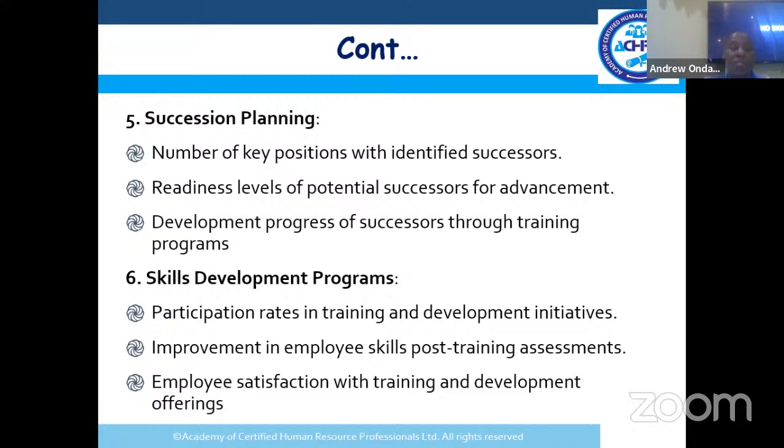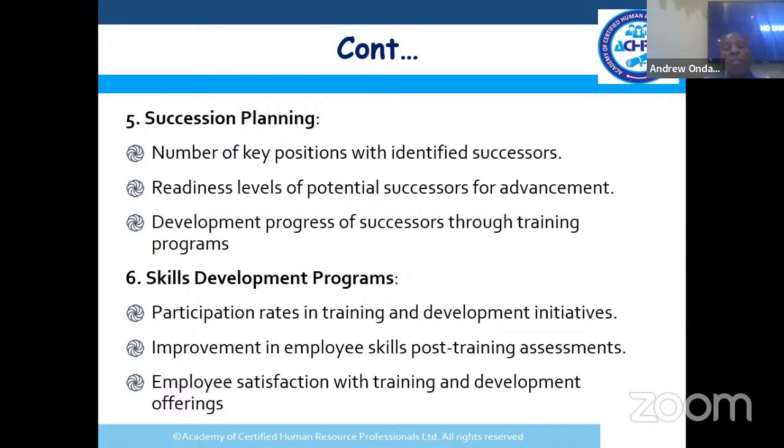On number 6, we are looking at the skills development program and looking at the number of people who have participated in these programs. 2, improvement in skills after training. And 3, satisfaction levels with the training program. And that is why we audit the training programs to find out, 1, the results that have been produced after training, 2, the change in behaviors, and 3,